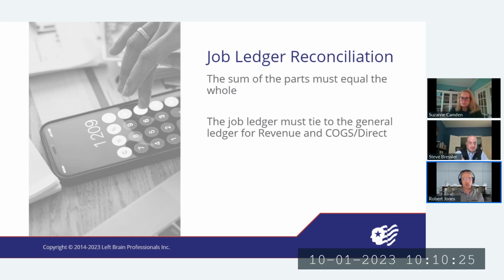So I would say that if you're using something like Microsoft 365, GovCon 365, Unanet, or some of the other tools out there, they should allow you to make that configuration. That's going to help you ensure that, again, the sum of the parts equals the whole. Because obviously, if the sum of the parts doesn't equal the whole, then we run into issues trying to reconcile Schedule H and other things within the incurred cost proposal.